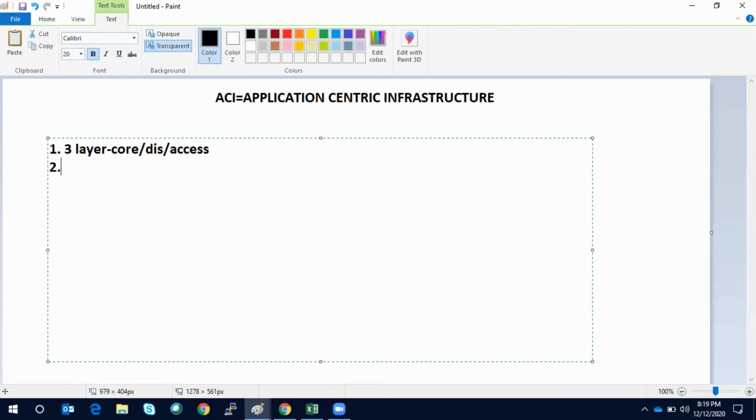Second thing, box to box configuration. Third thing, no security isolation. Fourth thing, no policy support.